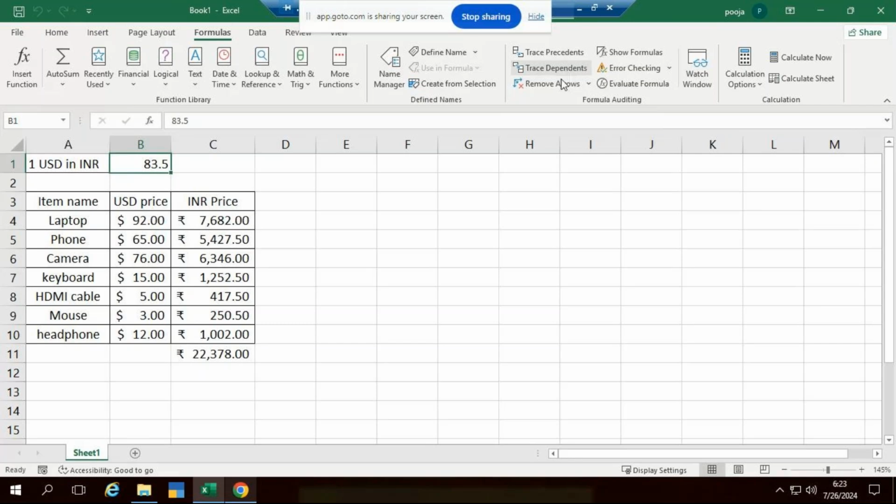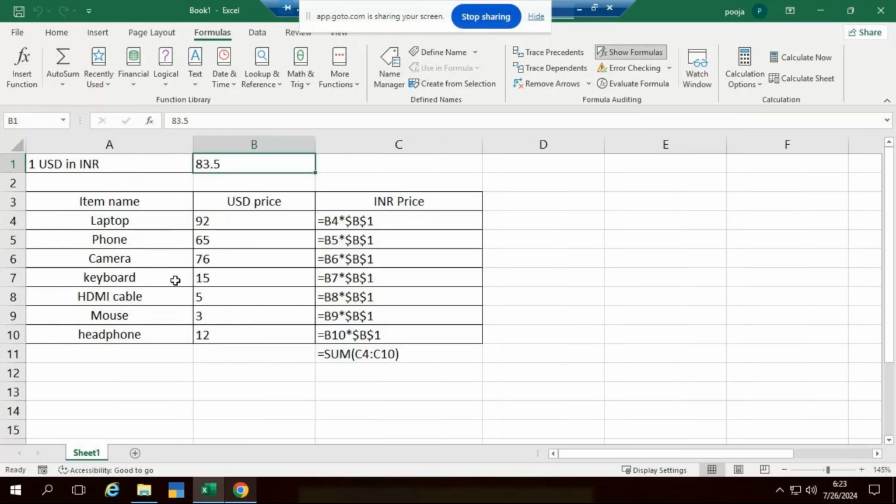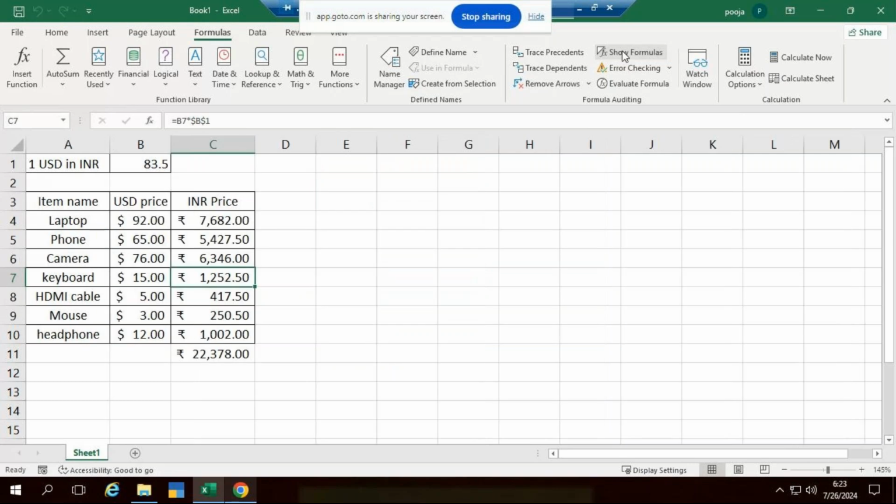So, one more thing, if I want to check the formulas, can you see show formulas? Just click on this. Otherwise, you can use the shortcut key Control plus this option. So I'll just click on show formulas. You can see here which formulas are used. So that is B4, B4 multiplied by this one. So this is how we can use show formulas, which shows the formulas. I'll close this. Next,